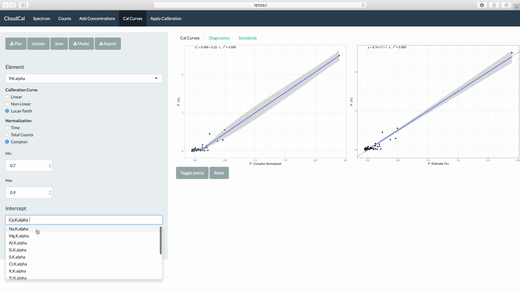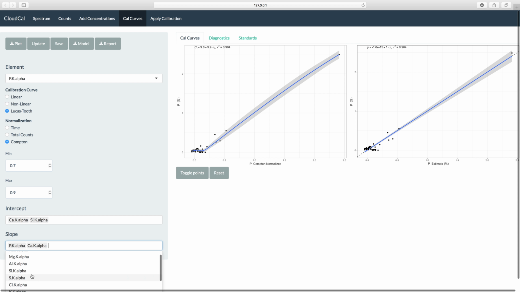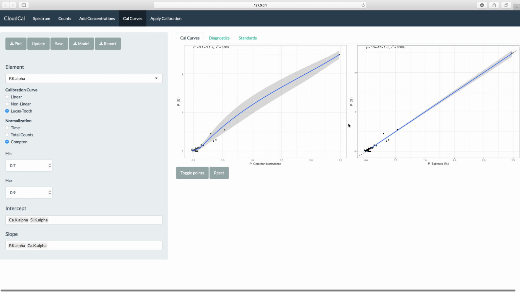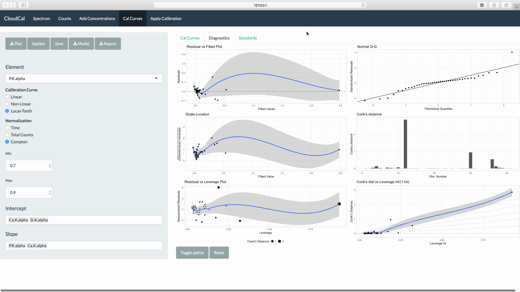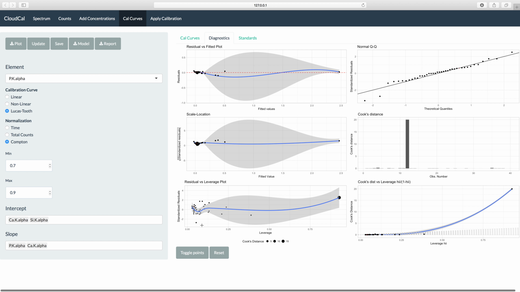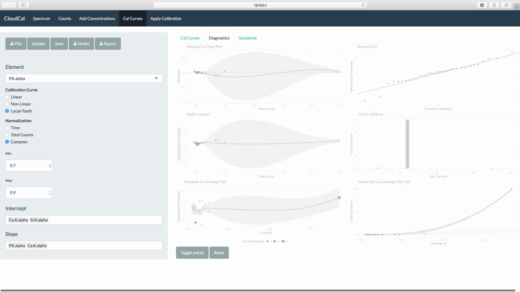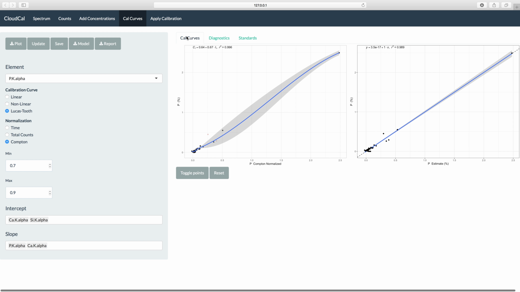So let's add that. We're very close to silicon, which is going to have a high reading. And for slope, might be worth adding calcium as well. We're at 0.9, that's good. Take care of those two. So for our cal curves, it's much better, 0.99. Update,